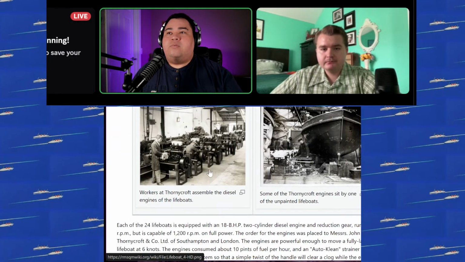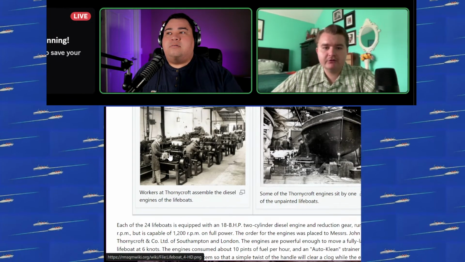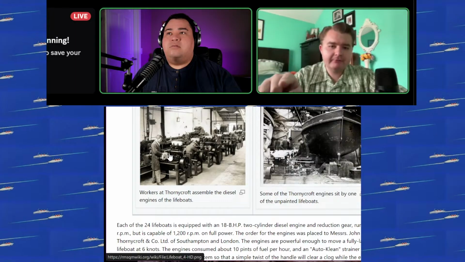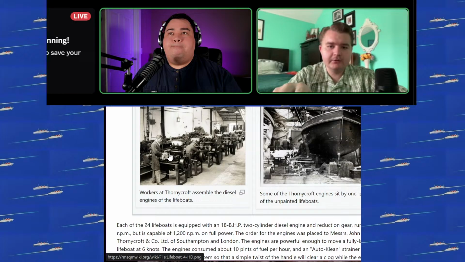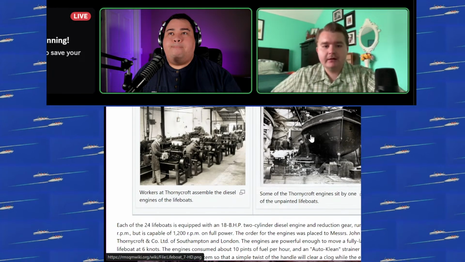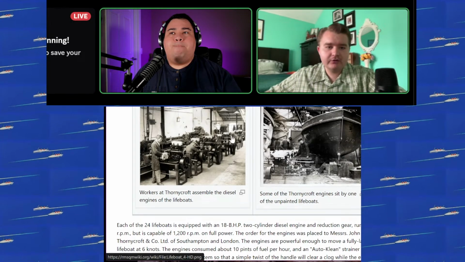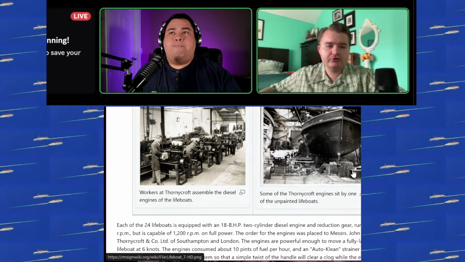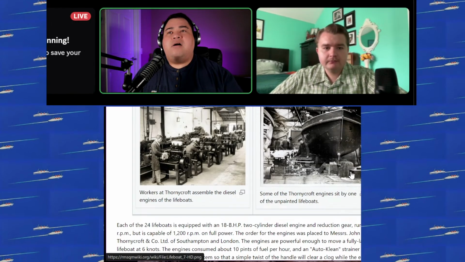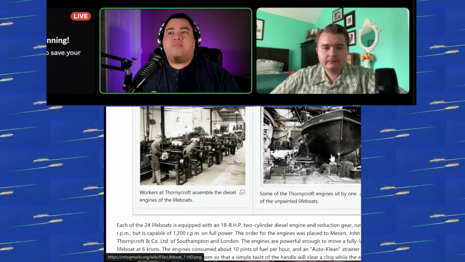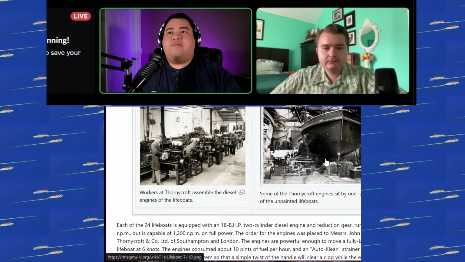Really cool. And these two are also really rare. I gotta send this to you again because I keep forgetting. I have a color version of the one on the right there. I think it was an original photograph, but they colorized it by drawing. It's an illustration of a guy with a rivet gun putting the boats together. This is the folks at Thornycroft putting together the engines for the lifeboats.